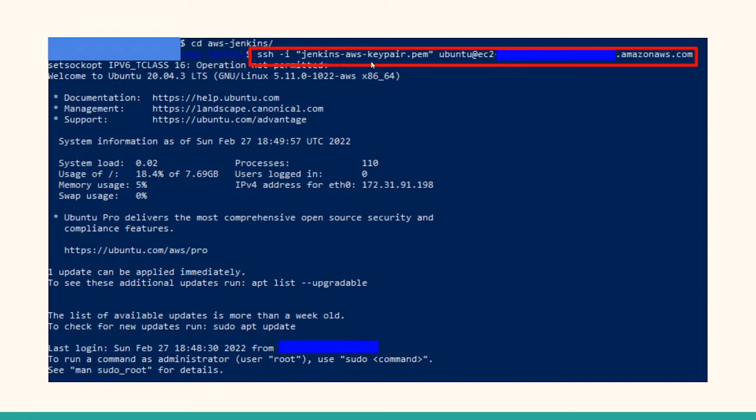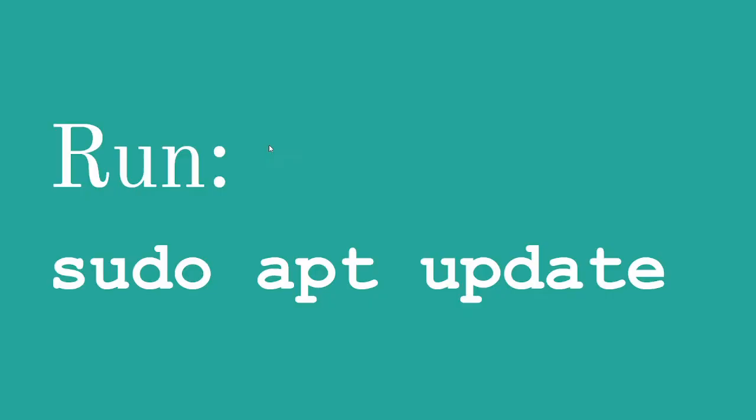So you go into the folder where your Jenkins key pair is, and then use that command, and you see I'm connected now to the EC2 instance, the master node. After that you run a quick sudo apt update just to update all the packages,